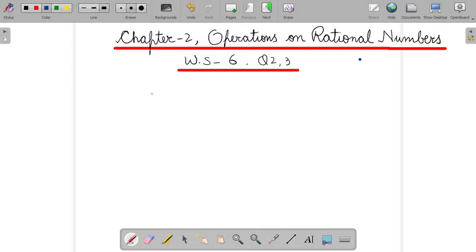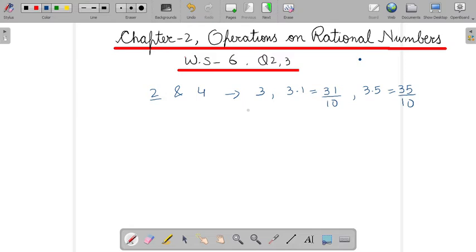Suppose that there are two rational numbers, let them be 2 and 4. Can you find any one rational number in between 2 and 4? Yes, we can. So 3 is a rational number, isn't it? We can take 3.1, which is also a rational number because 3.1 can be written as 31 upon 10. We can take 3.5 also. This can be written as 35 by 10, which is in the form of p by q. Therefore, it is also a rational number.